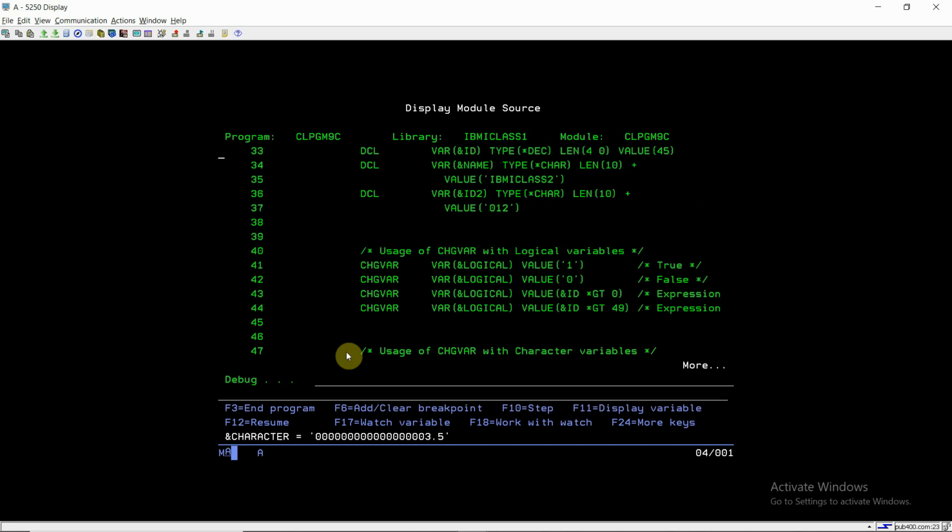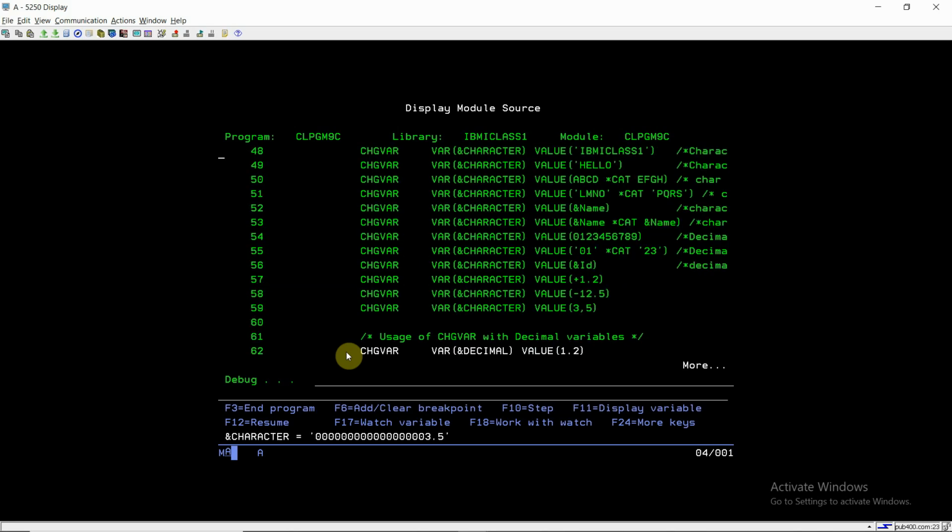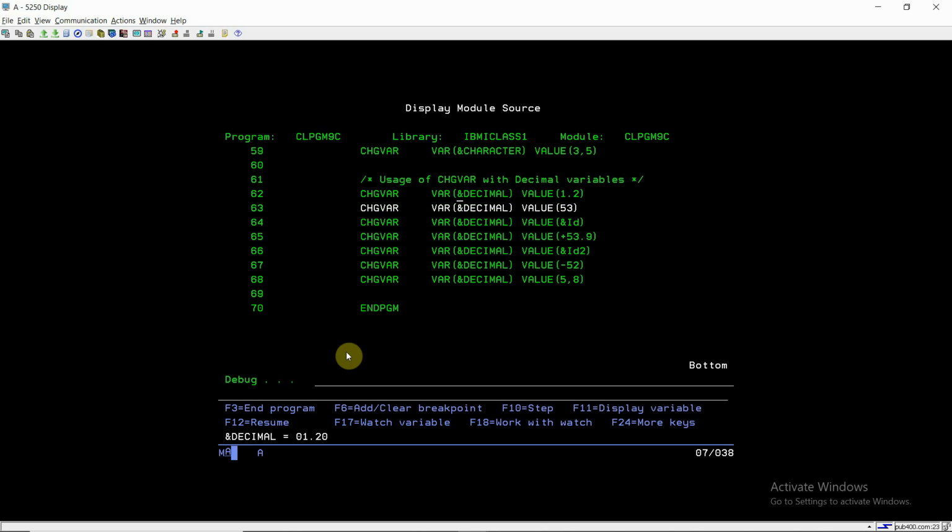So I've talked about the logical and character variables, and now the turn comes to the decimal variable. So the usage of CHGVAR with decimal variables. Take F10. The decimal variable will have the value 01.20, because the decimal is of 4 comma 2, which means 20.20 can be a value.